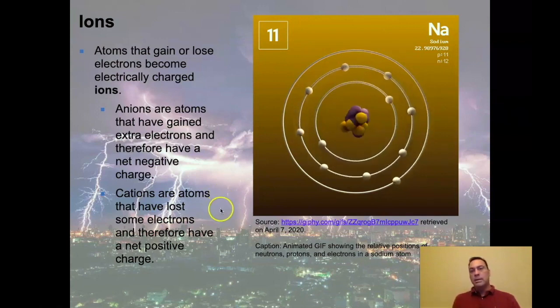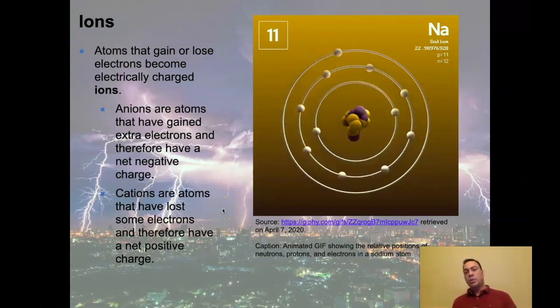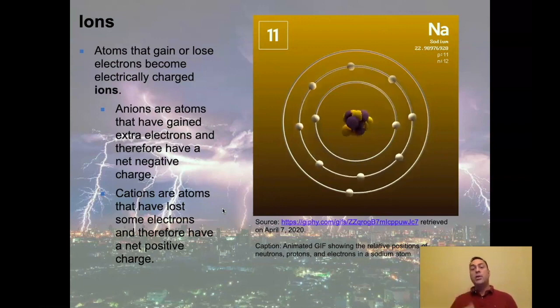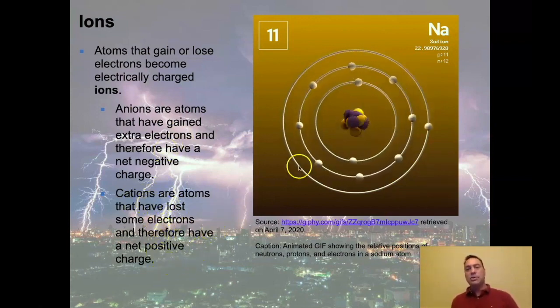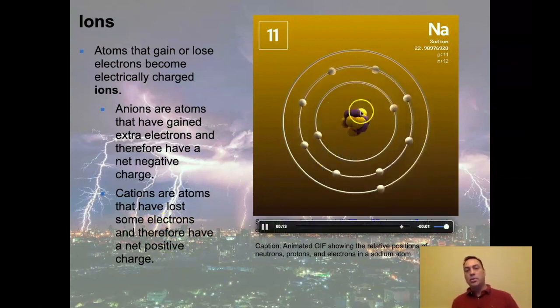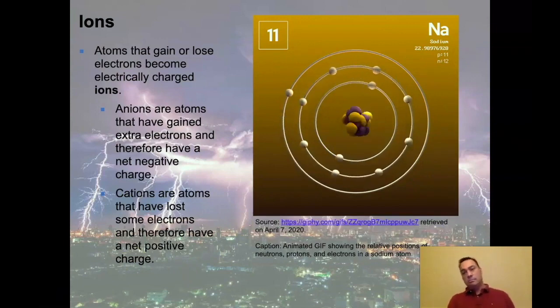In the case of sodium, chlorine is a typical place where that electron will go. So that's why you get things like sodium chloride working together so closely. They're sharing, or I shouldn't even say they're sharing, they're donating that electron to chlorine. So chlorine is a common anion. Cations are atoms that have lost some electrons and therefore have a net positive charge. So once you lose this, the whole thing goes positive, okay? So that makes it, as I said, an ion. It's a charged atom.